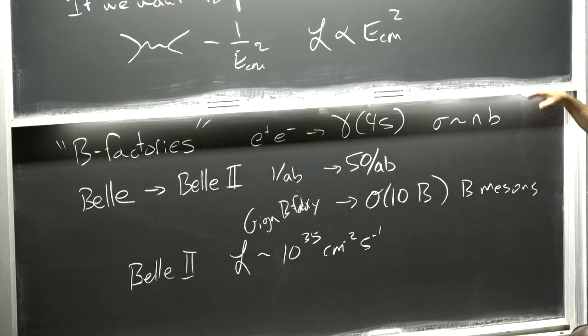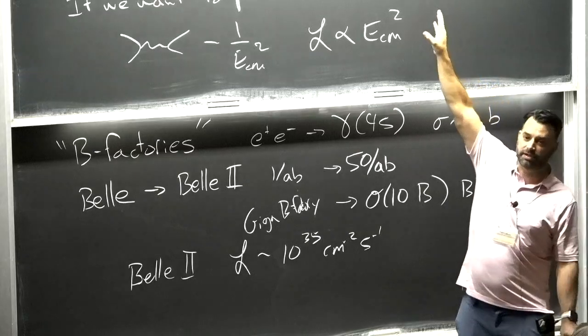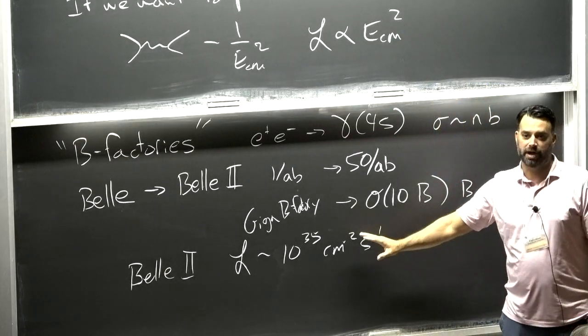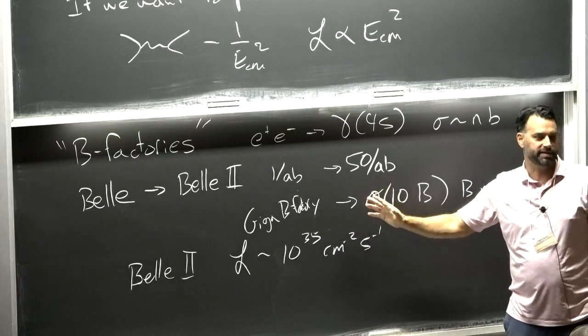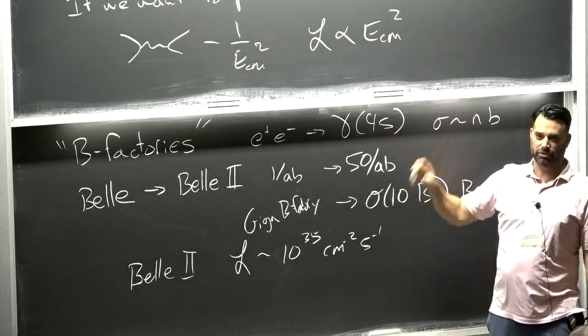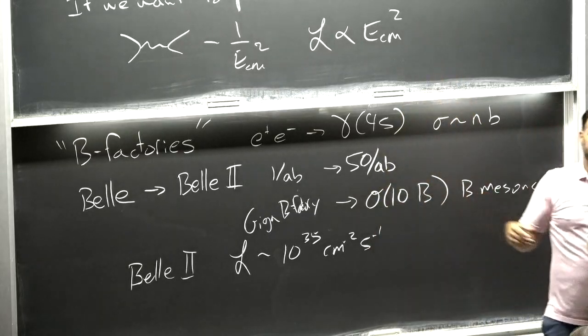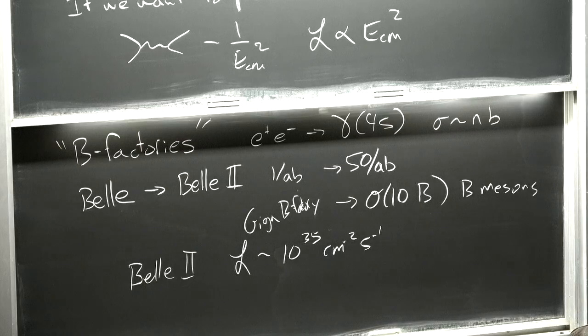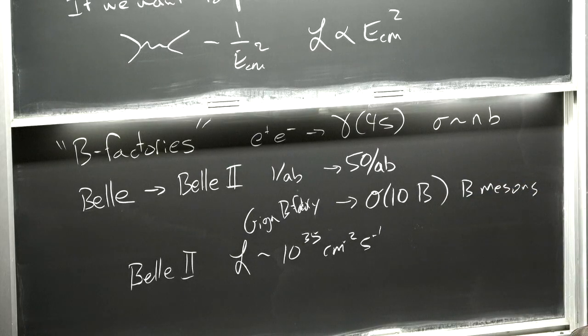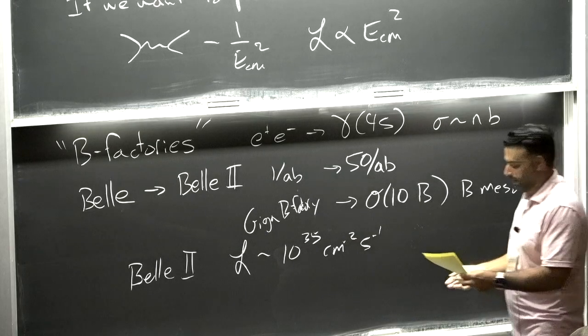But you notice that these are very different colliders. The LHC is a pp collider at super high energies. Belle is an e+ e- collider. It's asymmetric, but it's roughly at center of mass energy about 10 GeV instead of 14 TeV. And you have similar luminosities. Okay? So there's not some magic that we have that we're actually able to dial luminosities to arbitrarily high energies. So we need to understand what the actual limits of these luminosities are and what the tricks to improve it are. Okay. So we're going to go through that.